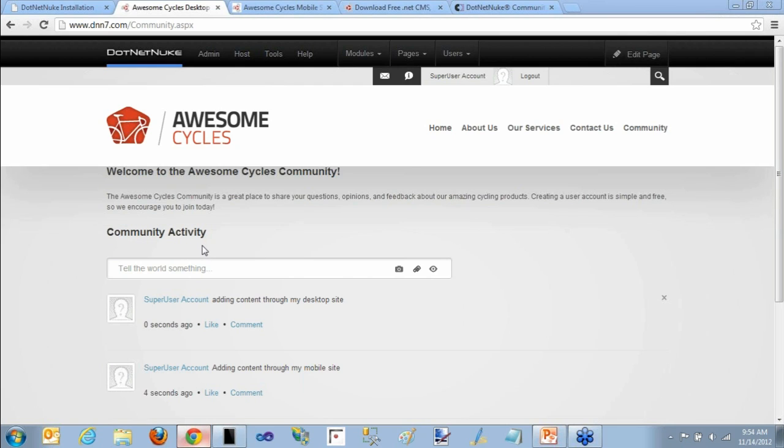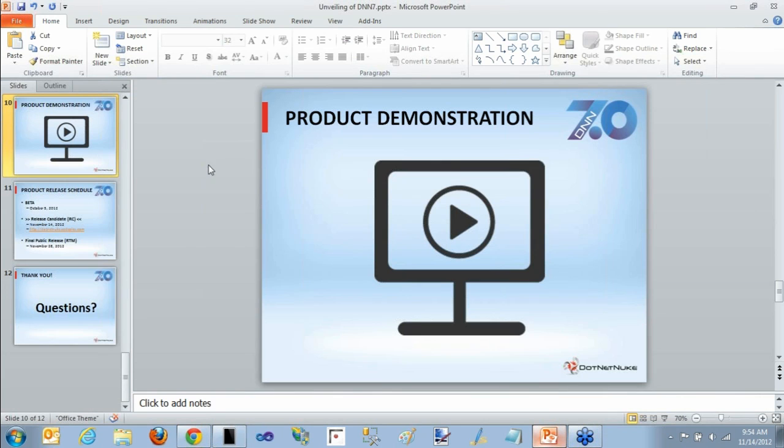How much effort will be needed to move a .NET 6 skin to .NET 7? That is a good question because there are some substantial changes that have been done to default CSS. The goal is that there shouldn't be a substantial amount of changes required to move a skin. The vast majority of skins should move seamlessly to .NET 7, and your content should work as well. However, we want to encourage people to actually test the .NET 7 release, and maybe if I switch back for a moment to my